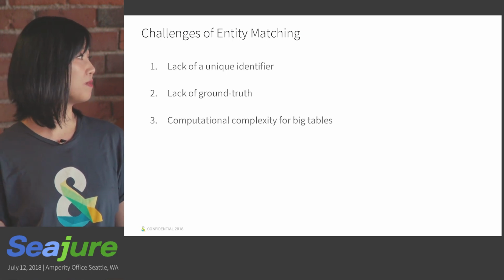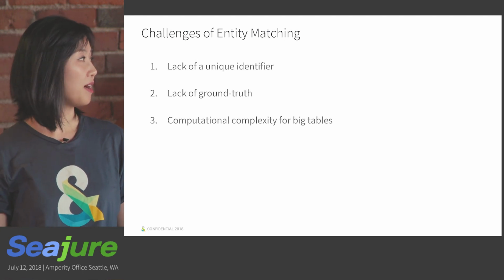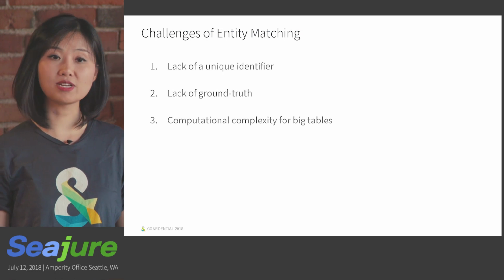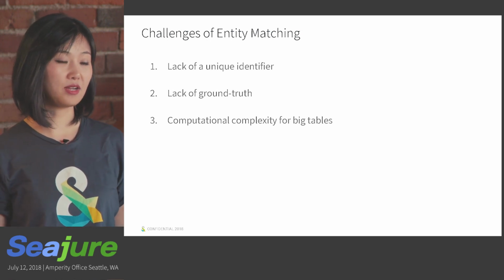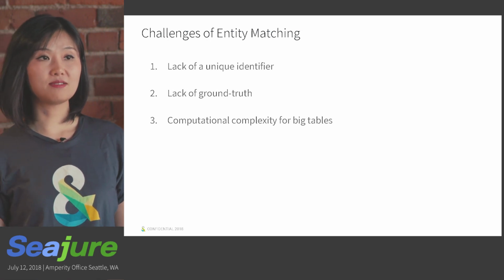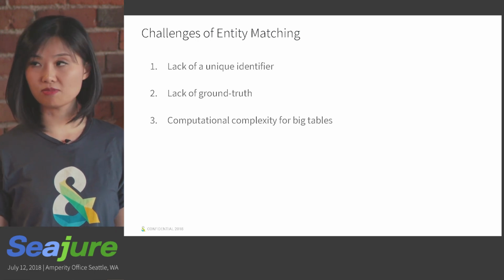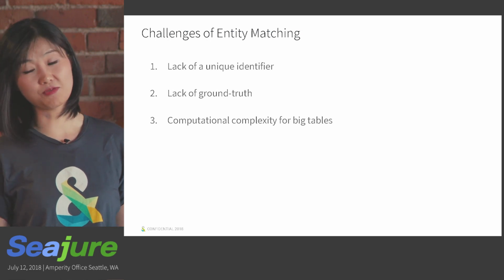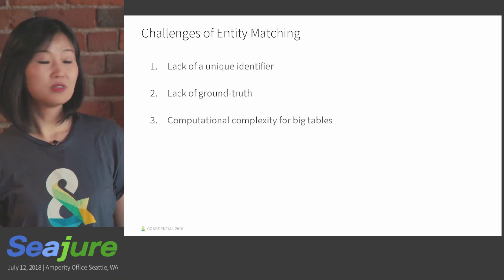Another big challenge is, unlike other machine learning problems, in the entity matching problem you rarely get the ground truth or training data. Take the TruBlood example, their customer database. To really get the ground truth, you have to call each customer or email them and ask them, are you the same person? But some of them don't even have contact information. So what it means is the ground truth is unknown and unknowable.